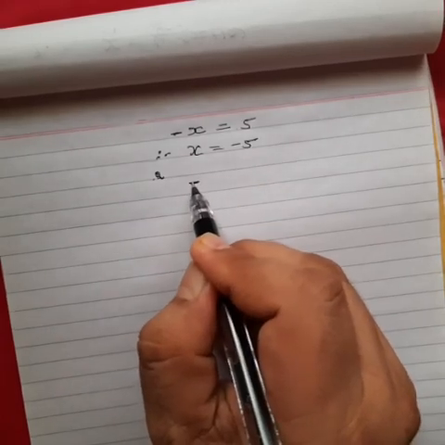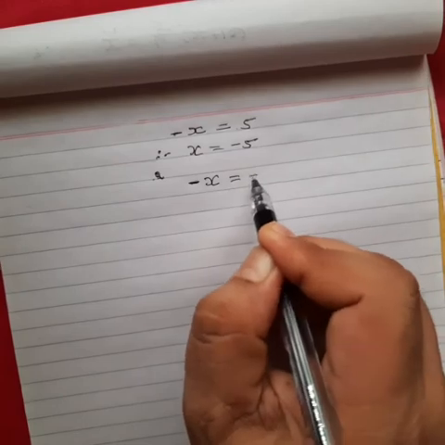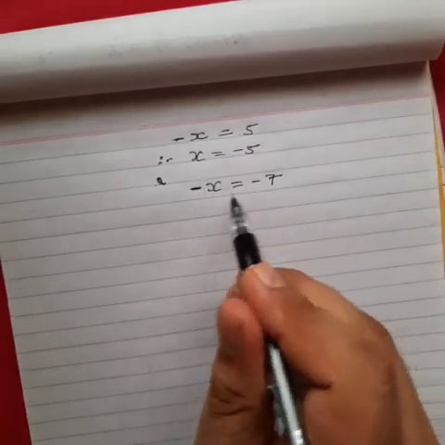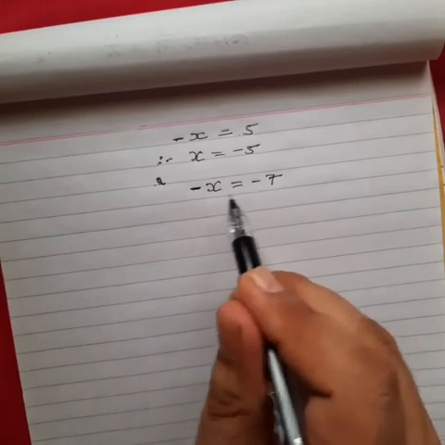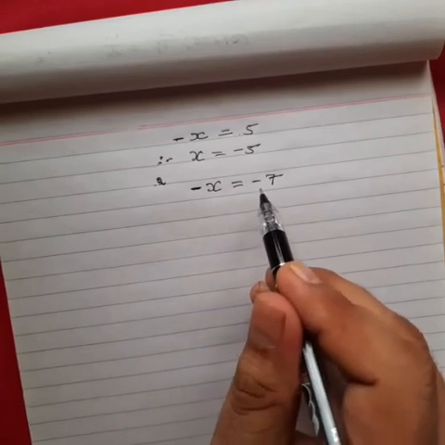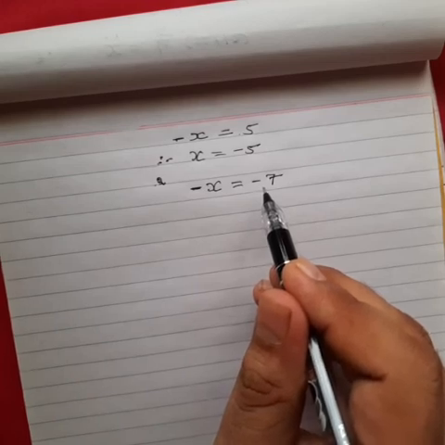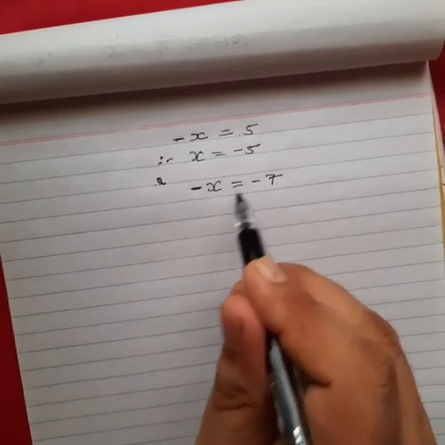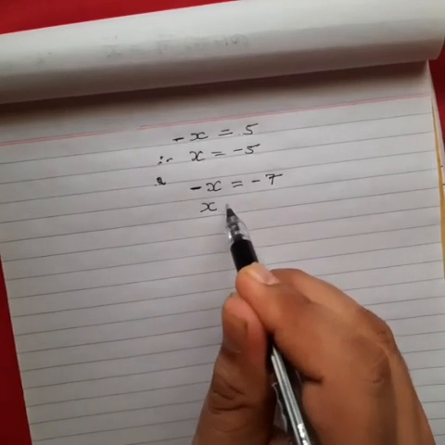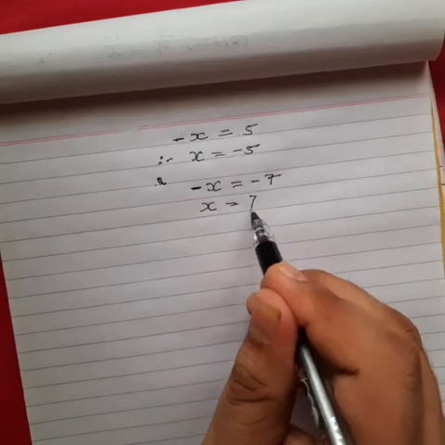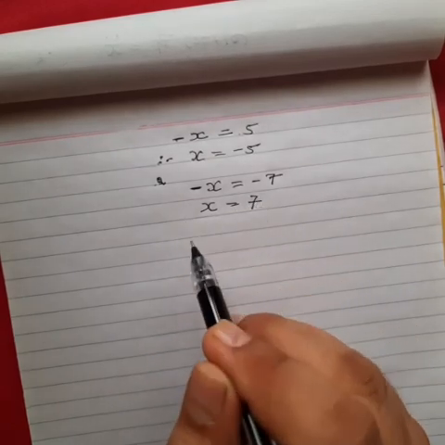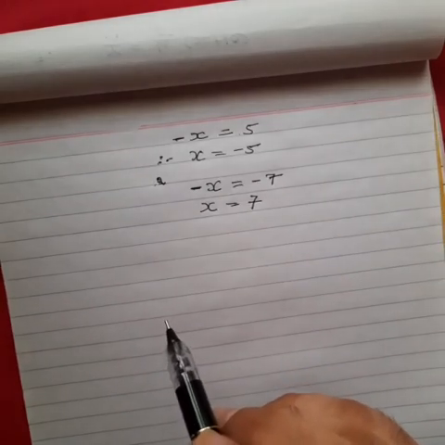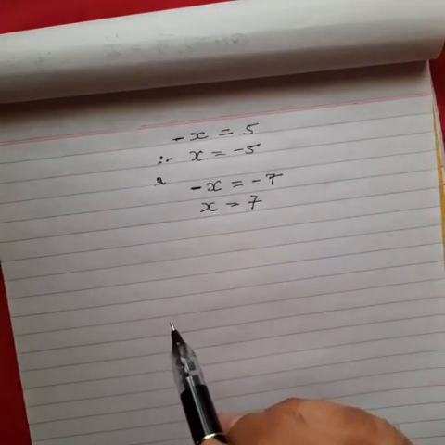Suppose you get a negative sign on both sides, for example minus x is equal to minus 7. So here the sign on both sides is minus. As I told, we don't keep the value of the unknown minus. So you just switch the sign on both sides. So here x will be plus and here minus 7 will be plus. So the final answer is x is equal to 7. The point is we don't keep the value of the unknown negative.